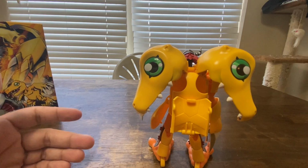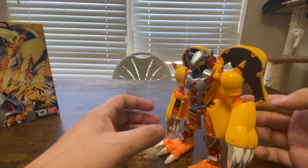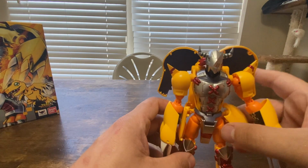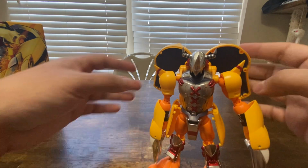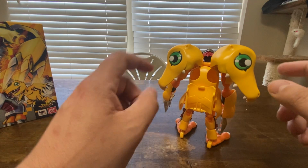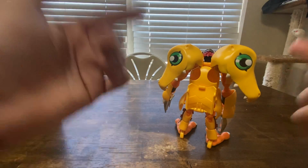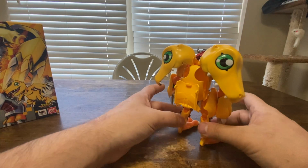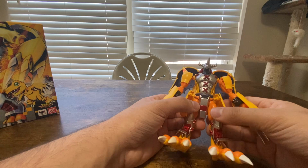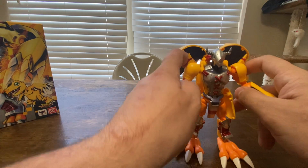I mean, what else were they going to do? They really didn't have much of a choice there. The only thing I can maybe think of is a separate piece to pull these off and put on, and maybe the same thing for these. If you could do that, you'd have an essentially perfect WarGreymon figure, but then you wouldn't have the perfect transformation feel, so,